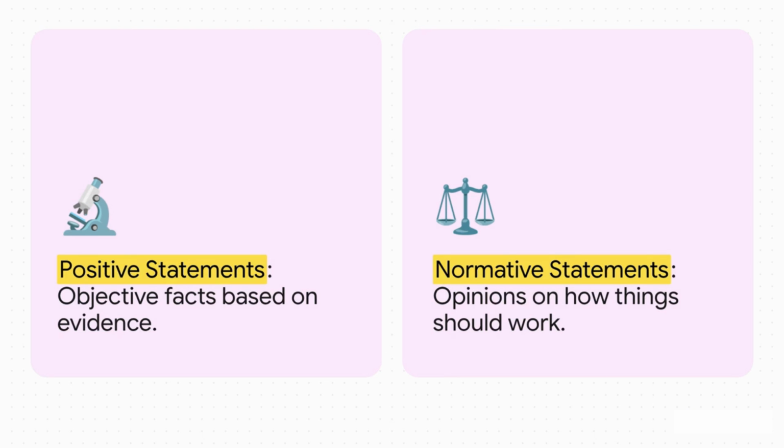These are objective, testable facts. For example, the economy shrank by 2.5% last year. You can look at the data and prove that true or false. But